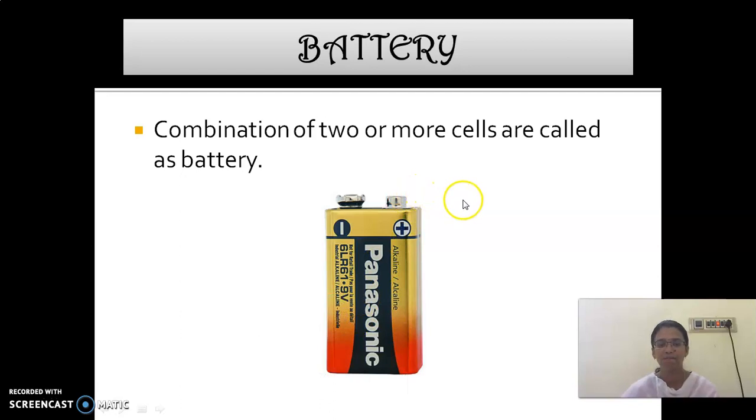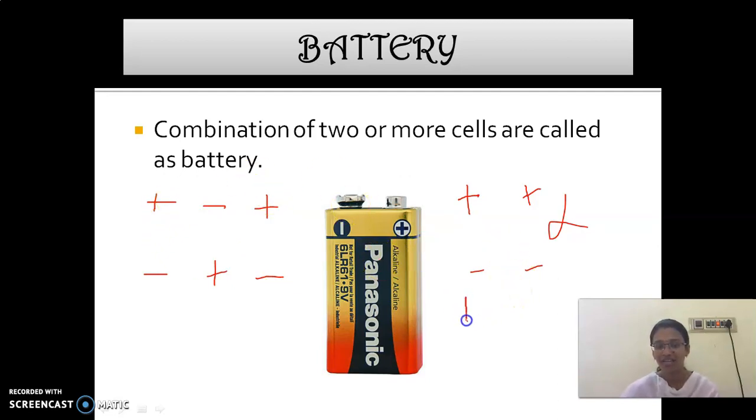Okay, children. So minus, look at here. This is the first cell. Plus, minus. We have one more cell. We can't connect plus and minus like this. If you connect in this manner, this battery does not work. So we have to connect it plus, minus, minus, plus, again plus, minus. This is the way you have to connect a battery. Opposite charges must be connected.